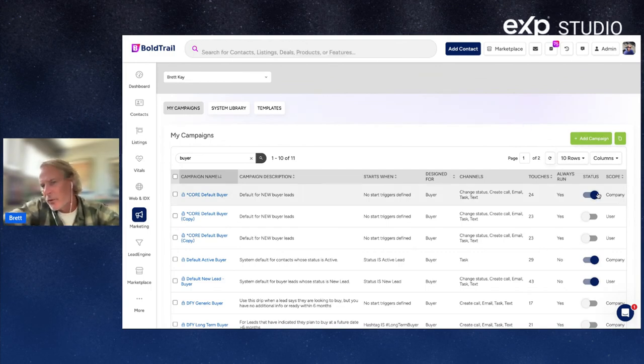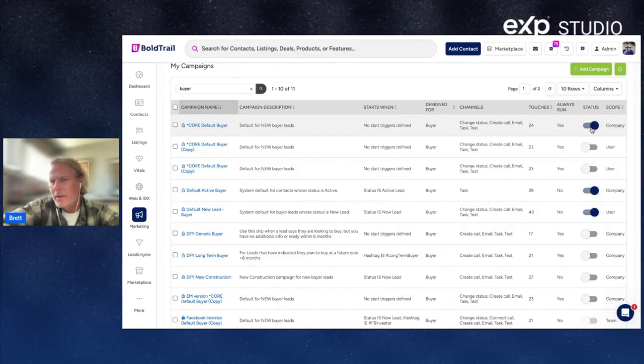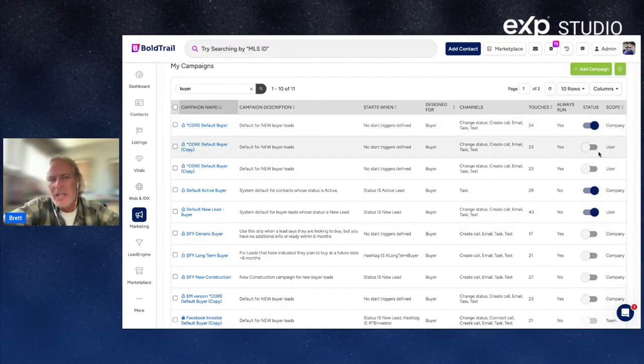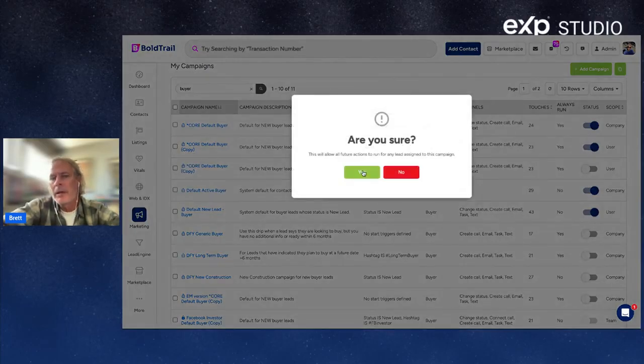You can see on the far right if it's turned on. Why? Because it's toggled on, blue, right? Like we talked about. If it's left, it's off. If I turn it on right now, I'm like, I want to use this one. It is not retroactive. That means it does not go find everybody who's in a new lead buyer or prospect seller status, because